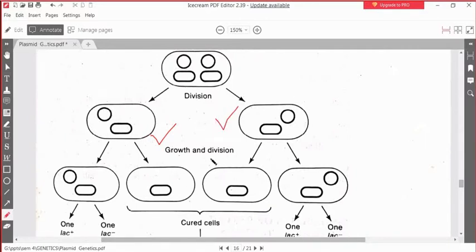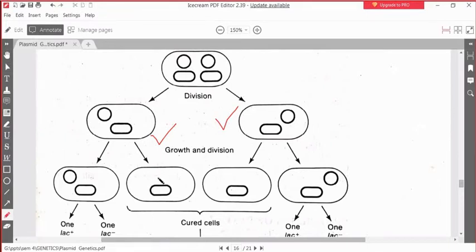But if you add acridine orange, acriflavin, proflavin or ethidium bromide, they will selectively inhibit the replication of the plasmid. Although the chromosomal DNA might be replicated from 1 to 2, so that both progeny get the chromosomal DNA, the plasmid is not getting replicated. As a result, only one cell has the plasmid and the other cell is devoid of the plasmid. So this cell is actually losing its plasmid.